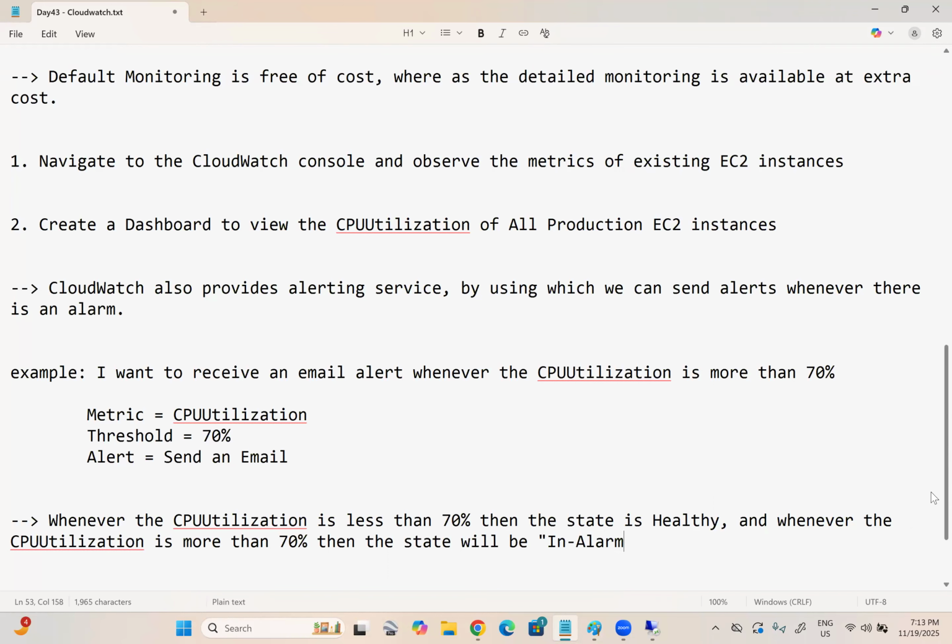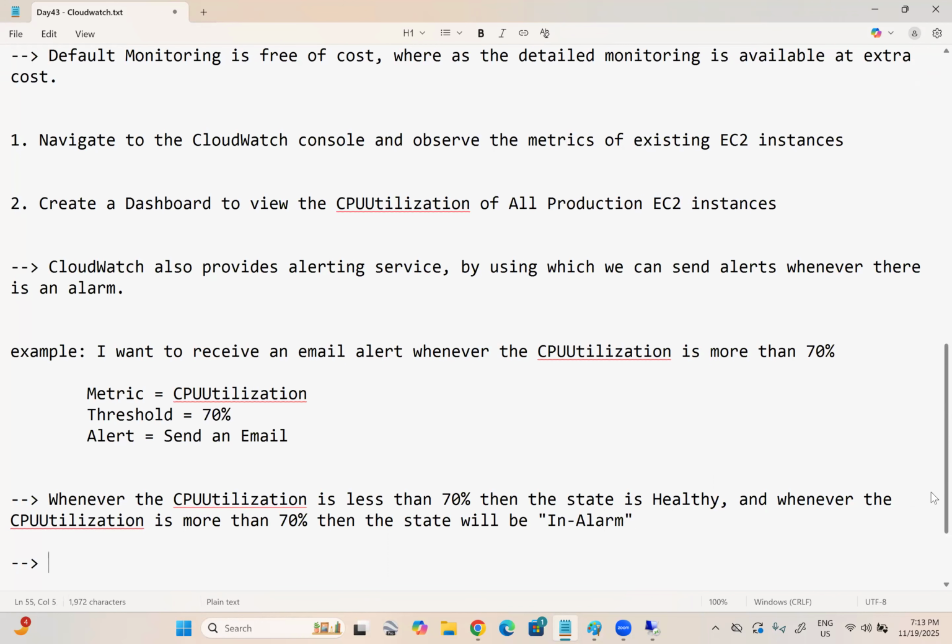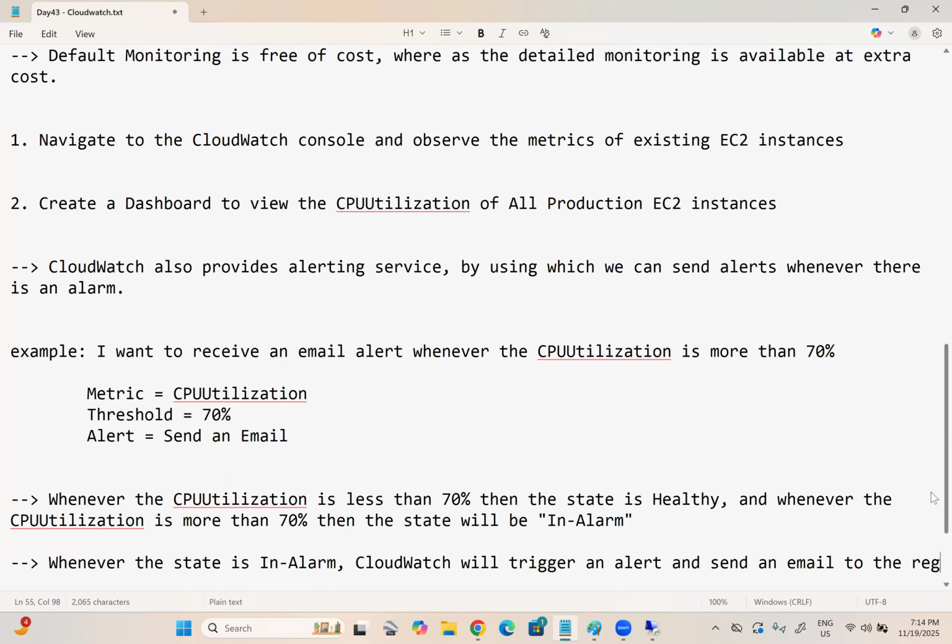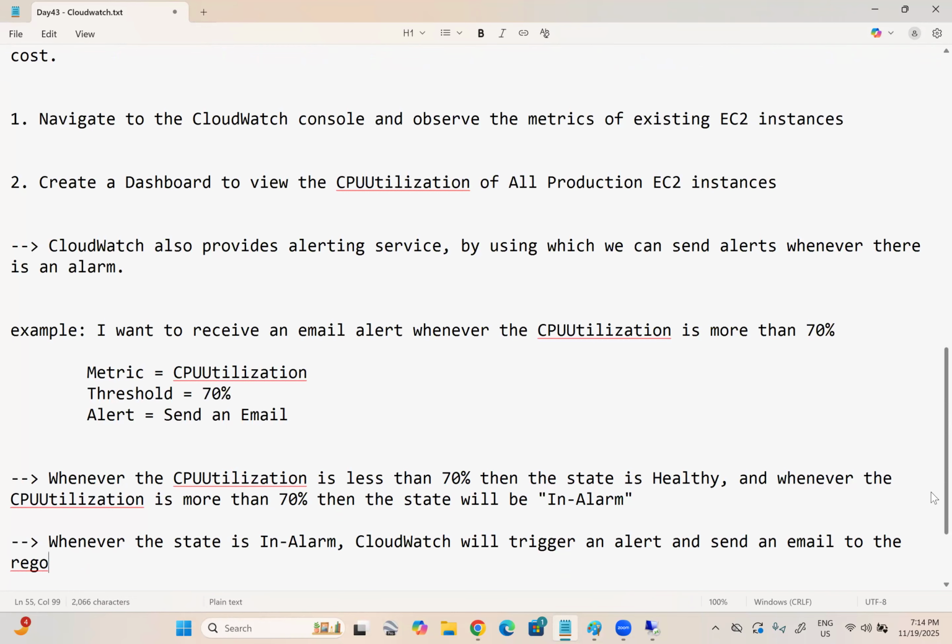So how does the alerting system work? Whenever the state is in alarm, CloudWatch will trigger an alert and send an email to the subscribed email addresses,